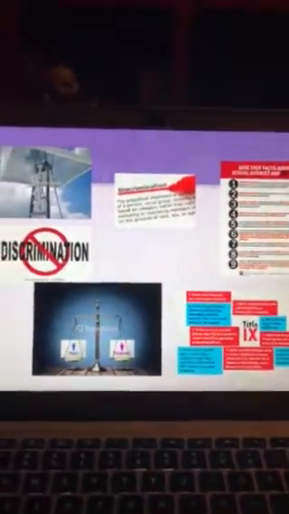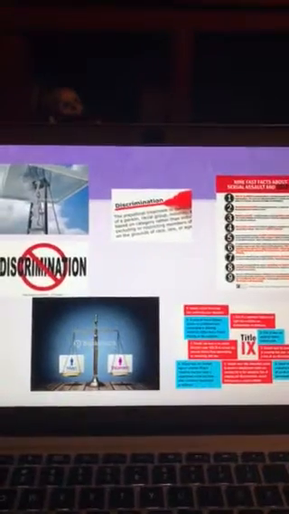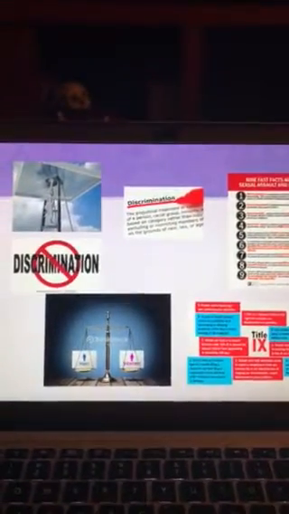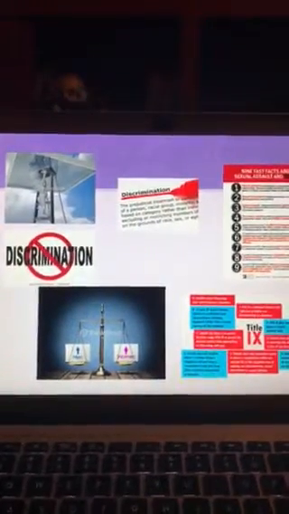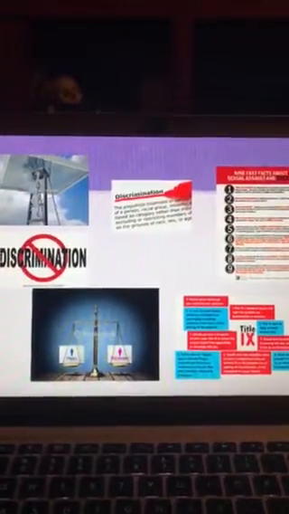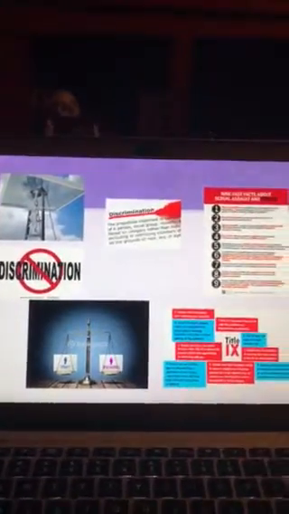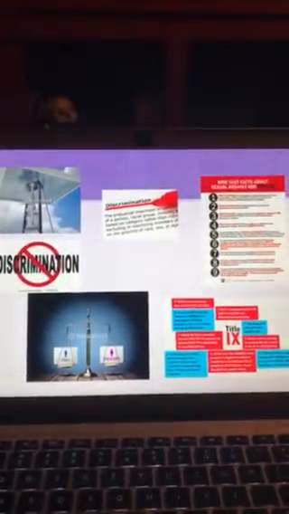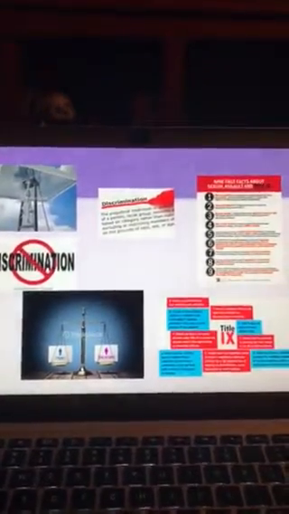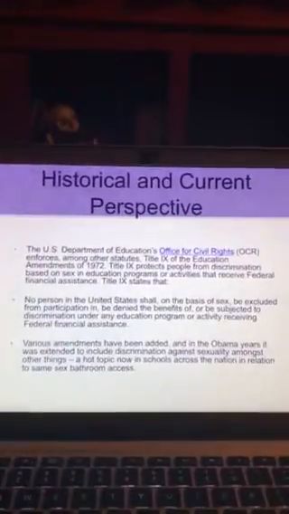Here are a few images that show what this law is supposed to do. Outlaw discrimination, bring about a gender balance between men and women there in the bottom left-hand corner. Top left-hand corner, you'll see a little image of a glass ceiling, and that's what we're trying to remove for girls in education especially, and women in society in general. Title 9, coincidentally, is named such because there are 9 main points, but first let's go to the historical and current